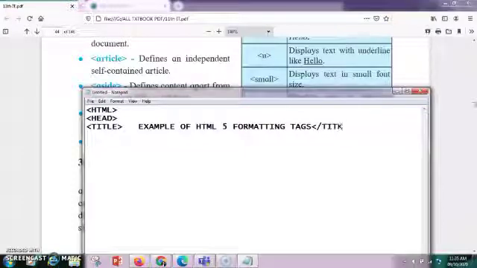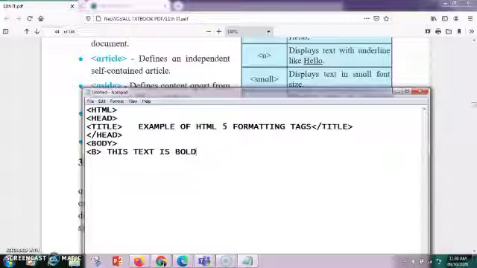I'm going to end my title here. After that we'll be ending the head tag, and then we'll be starting the body tag. Inside the body we'll be using different types of formatting text. Here I'll be using B, so it will be: this text is bold.